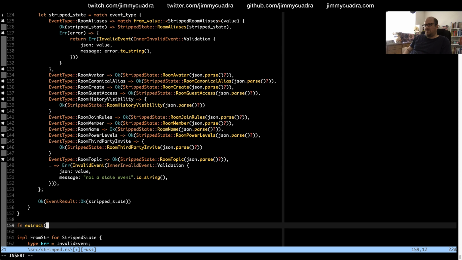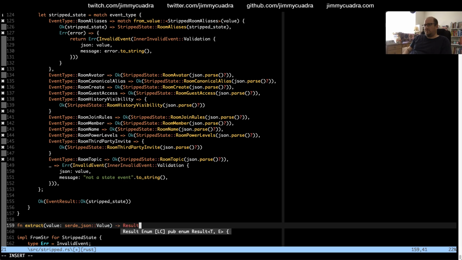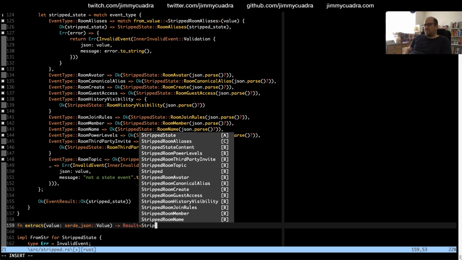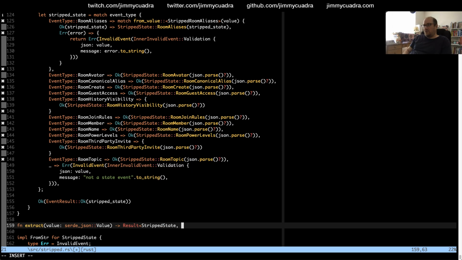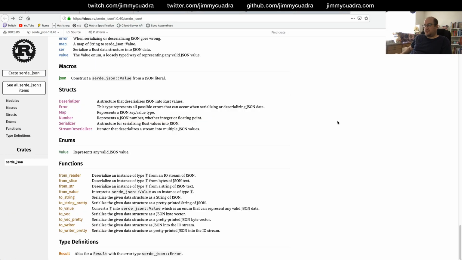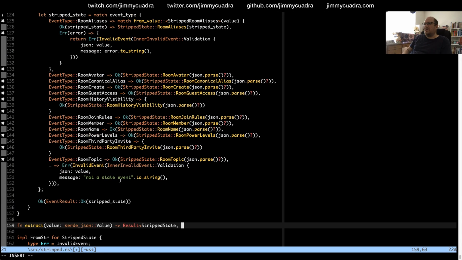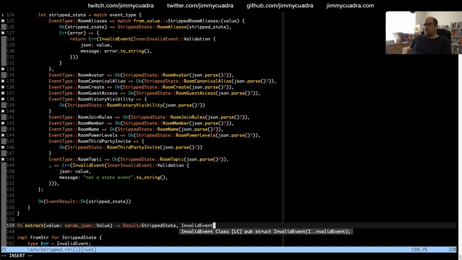It's going to take a value, which is a Serde JSON value, and it's going to return result of stripped state, or what's the error message? Oh, well, the error would be an invalid event, right?